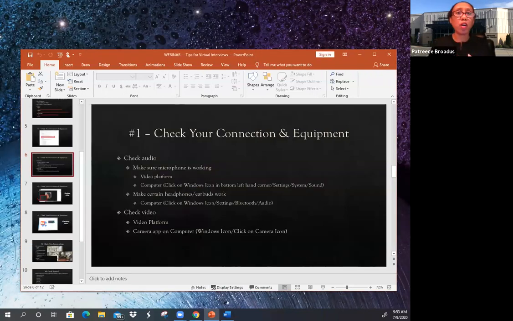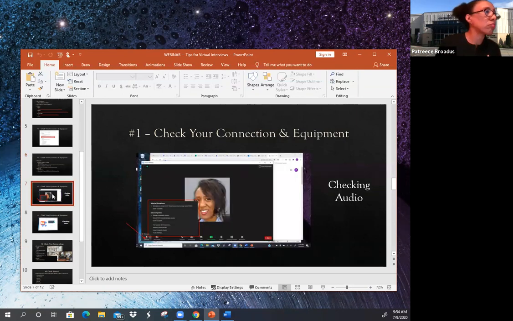All right, so in terms of your background, the way I have set this background is with the Zoom platform. When you go into Zoom, you will see security, participants, chat, share screen.